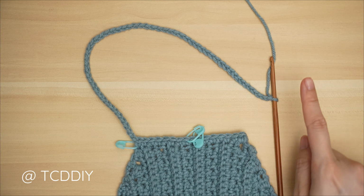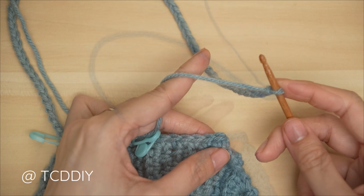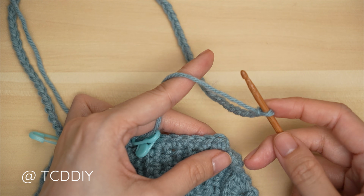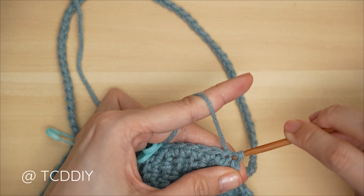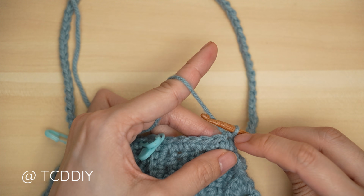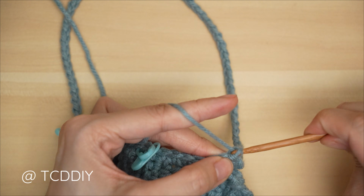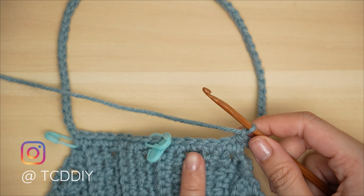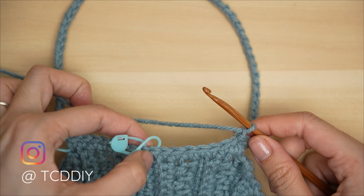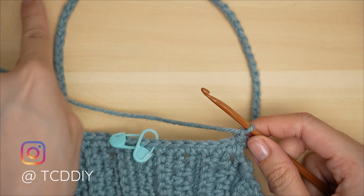And now what we're going to do from here is slip stitch it into this top corner stitch into the front panel. So making sure that my chain isn't twisted, I'm going to slip stitch into this top corner stitch and pull through. That slip stitch doesn't actually count as a stitch, that's just to connect. Then from here, chain 1 and working in the same direction as our previous row, 1 single crochet into every stitch, making sure we are still inserting our 2 middle stitch marker stitches, and 1 single crochet into every chain,